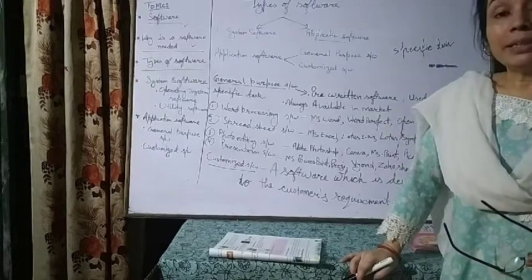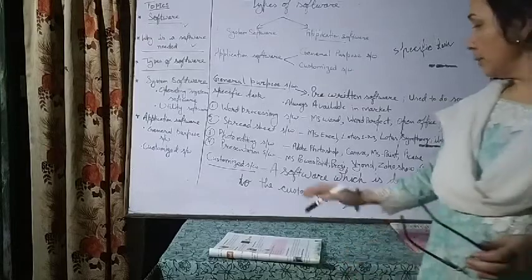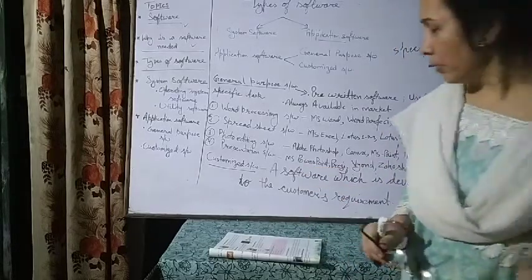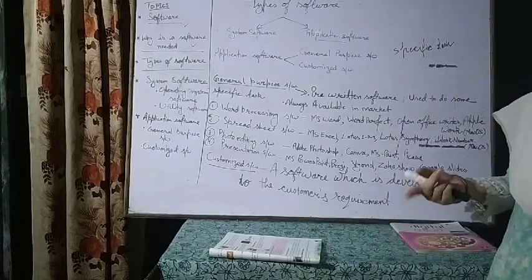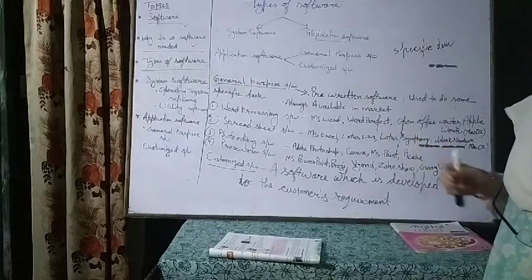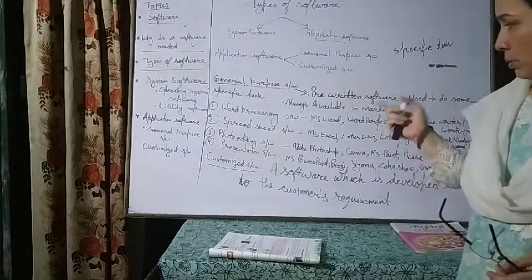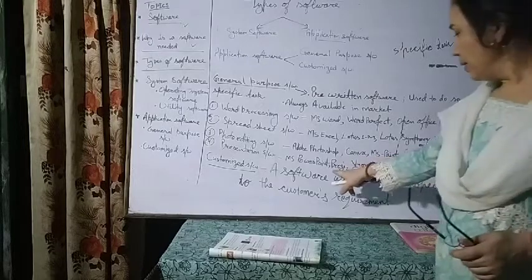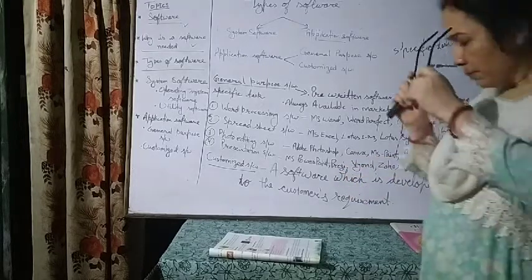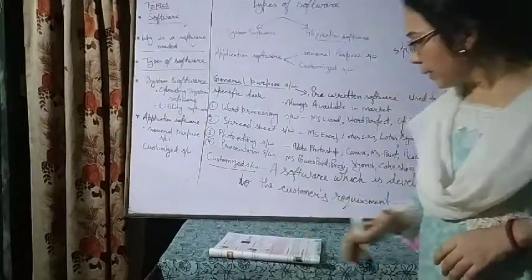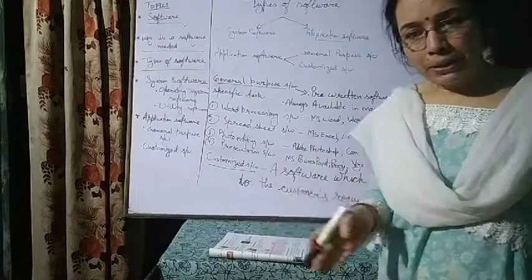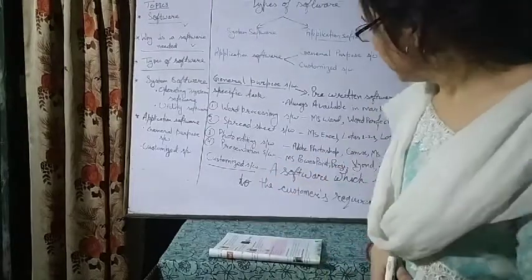So presentation software are MS PowerPoint. In standard 4 we have learned about MS PowerPoint, and now in standard 5 also there are 2 chapters of MS PowerPoint. We will do those. Then Prezi, Beyond, Zoho Show, Google Slides, and Apache Open Office Impress. These are presentation software available in market. So whichever you like, you can purchase.